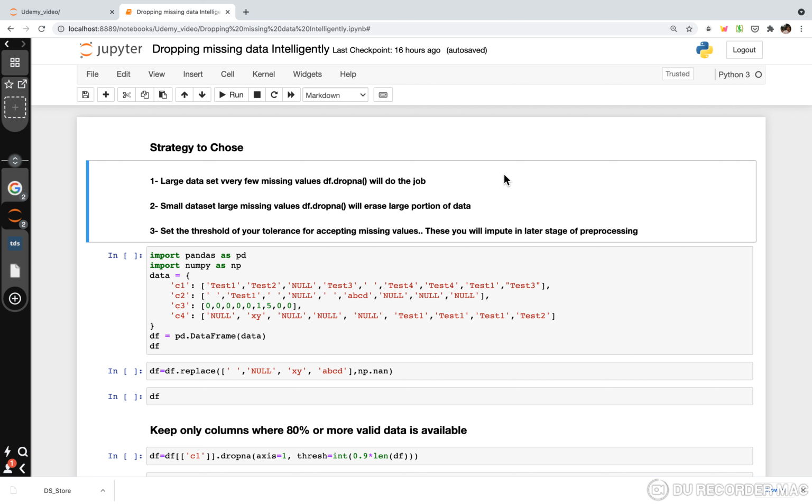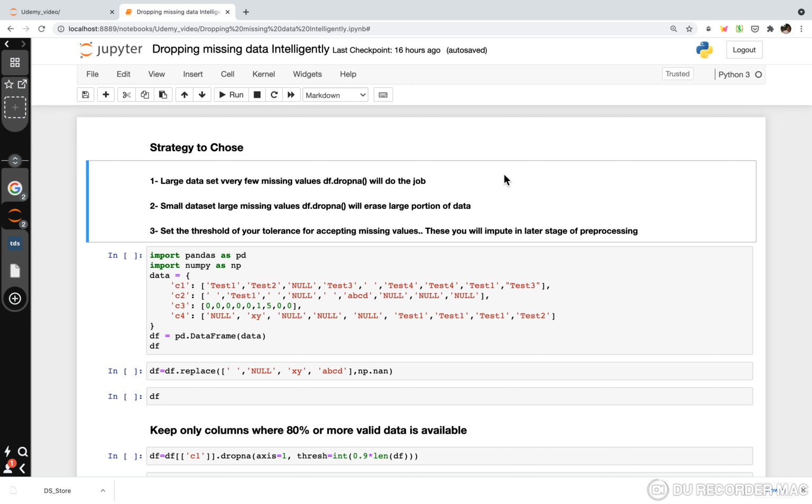So the reason that I say that we have to drop the missing value intelligently is because, for example, if you have a very large data set and very few missing values, then you can use df.dropna and it will delete all your missing values and your data set will not be reduced considerably in size.